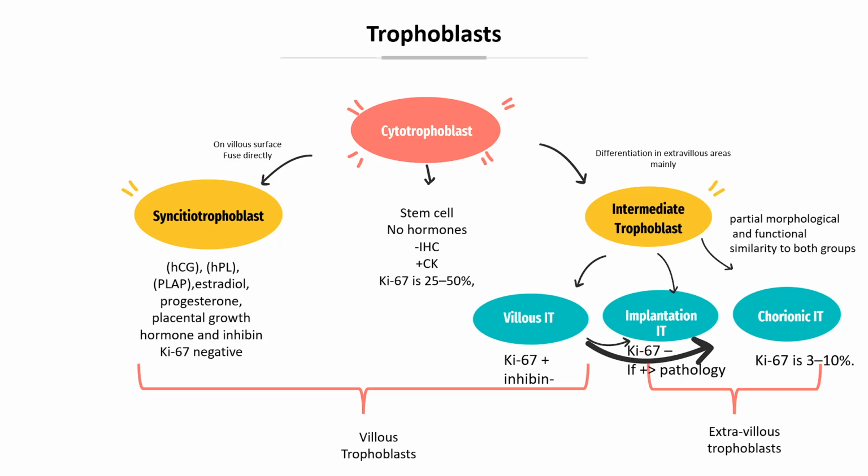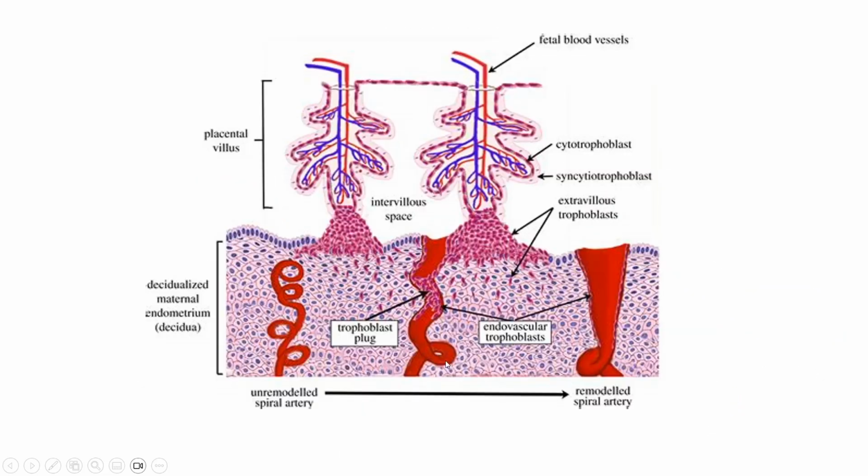We actually call the implantation intermediate trophoblast extravillous trophoblast, together with the chorionic, whereas the villous cytotrophoblast and the syncytiotrophoblast are the villous trophoblasts. As you can see here, this is the chorionic villi, formed of fetal blood vessels inside, lined by the cytotrophoblast and the syncytial trophoblasts. That's the maternal decidua, and those are the extravillous trophoblasts trying to invade into the maternal decidua and into the